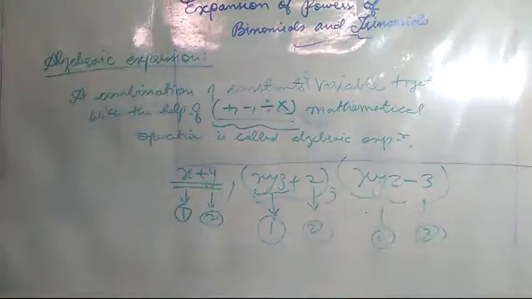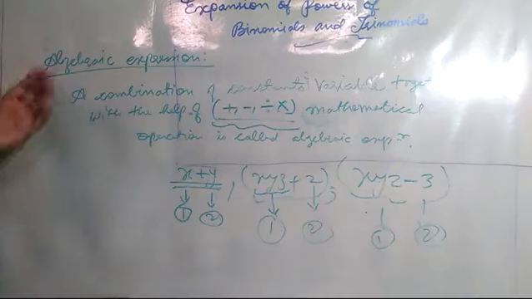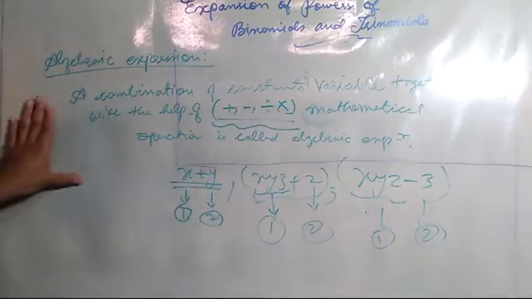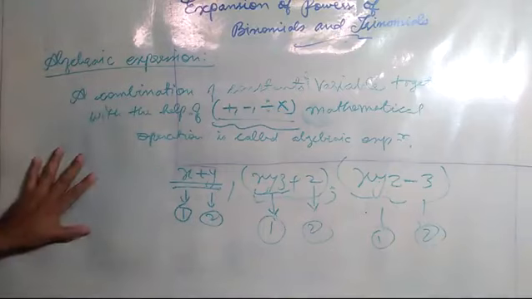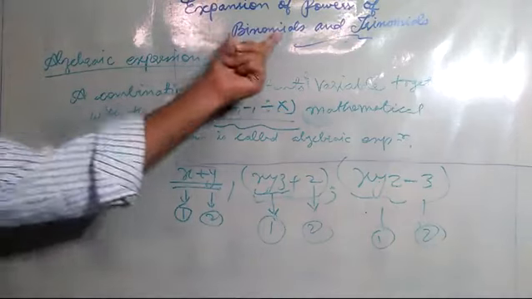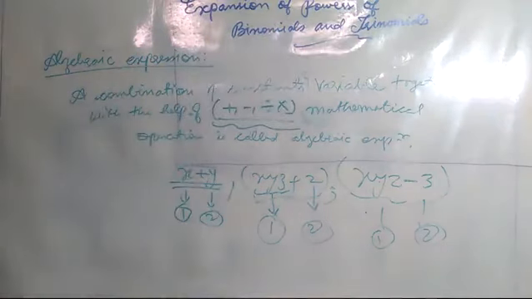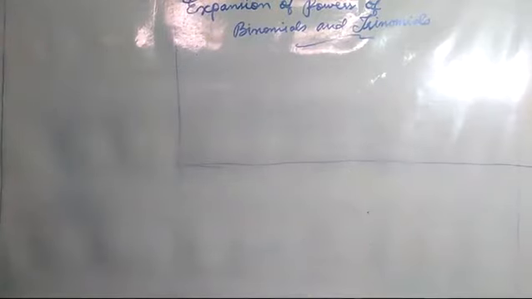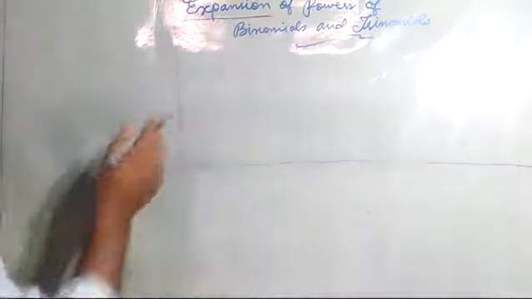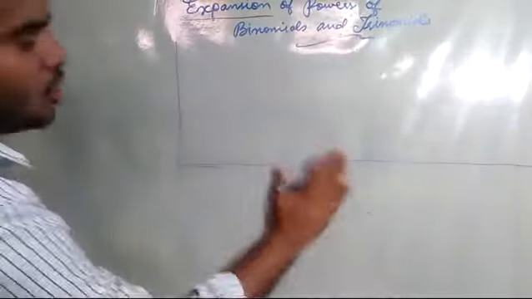So you may be wondering why I told you about algebraic expression, which I have already taught you, all this chapter in class 8. To make you clear here, with the basics of algebraic expression only, we are going to see binomials and trinomials and their expansion. Now I will be telling you what is the meaning of expansion and how do we expand any numbers. Now expanding any number, expansion I have to tell, then I will be moving on to our topic.